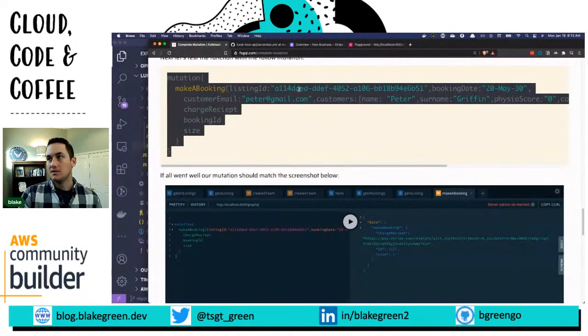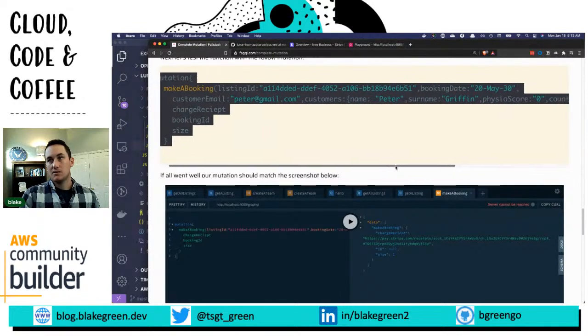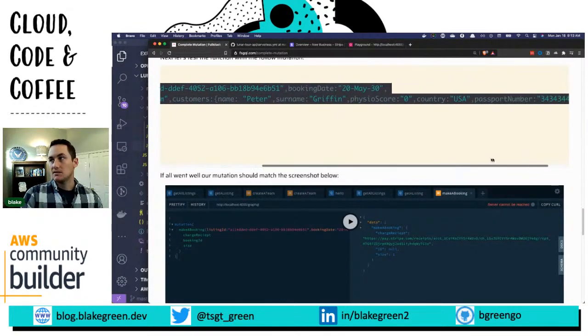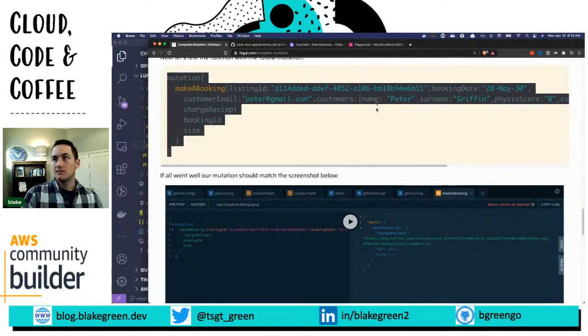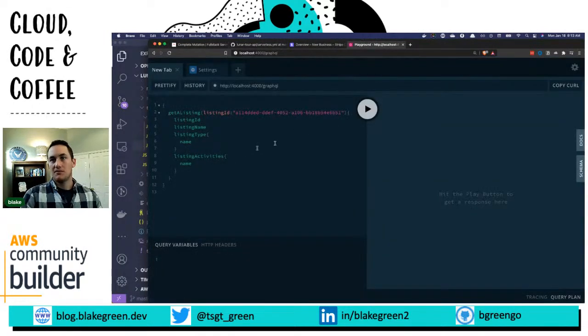And I think we're just adding all the data that we want to put into our database. So this is just kind of a test here to see if it works. And if we run this mutation,